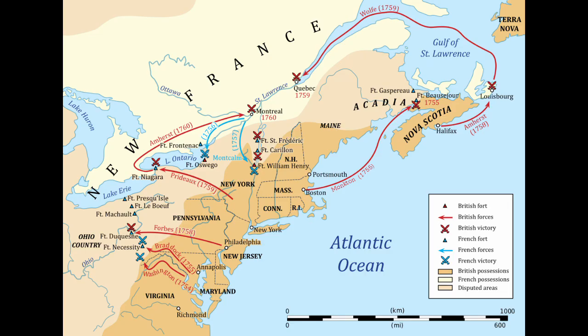Starting off, we have the French and Indian War. The French and Indian War was a war that took place from 1754 to 1763 between the French and the British. The French wanted to control the Ohio River Valley as it was good for their trade, and the British just wanted to continue to grow. At the end of the war, the British eventually did win, but they ended up having an increased amount of debt. Because of this, they had to raise their taxes on the colonies,